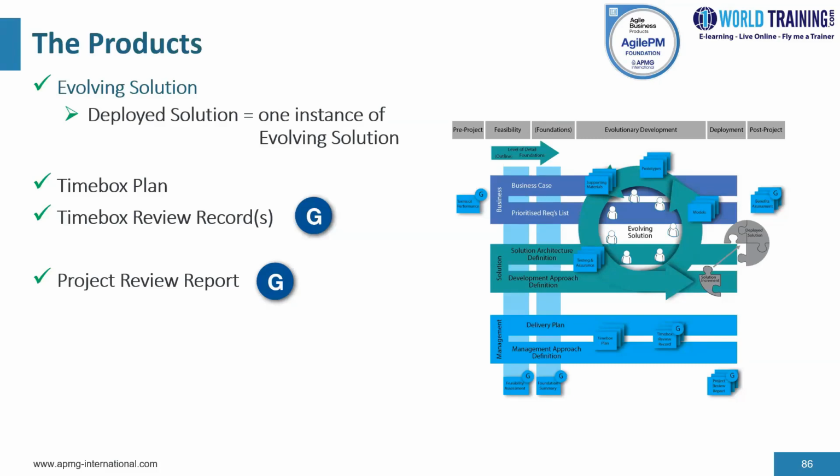And then we have the project review report. This is typically a single document that is updated incrementally at the end of each project increment by the addition of new sections pertinent to that increment. At the end of each project increment, the purpose of the product is to capture the feedback from the review of delivered solution and to confirm what has been delivered and what is not. Another purpose is to capture learning points from the retrospective for the increment focused on the process, practices employed, and contributing roles and responsibilities. And finally,